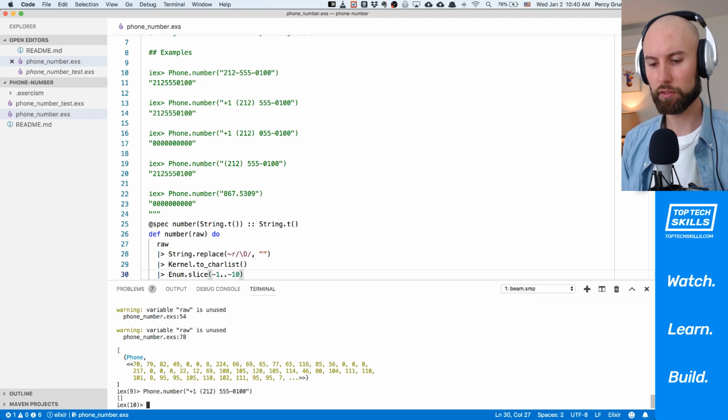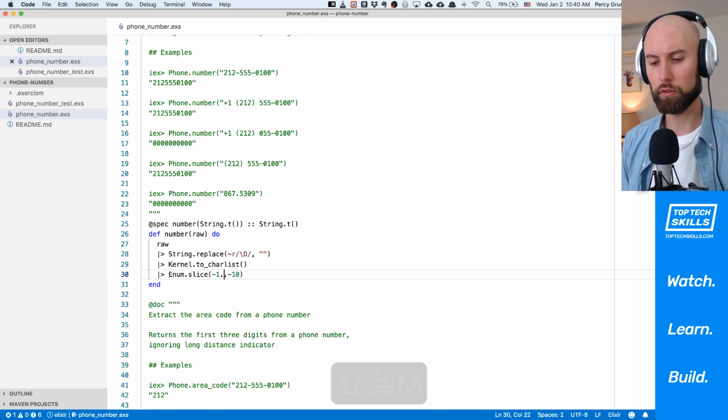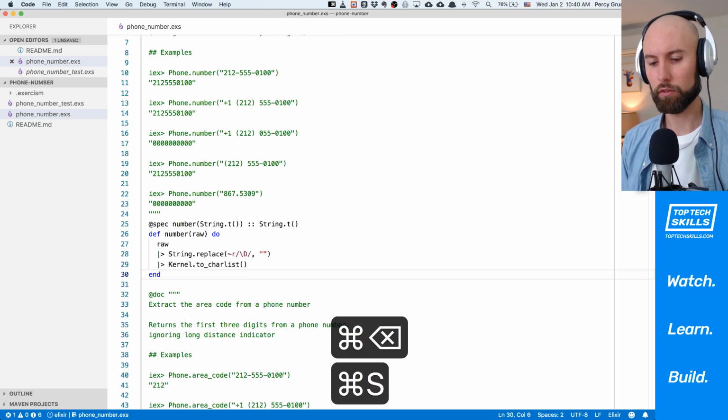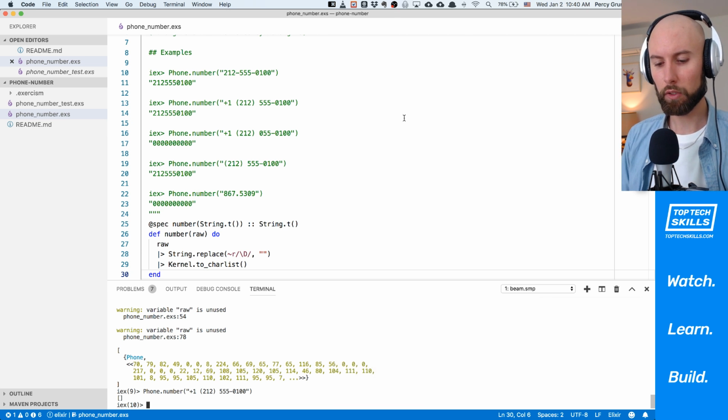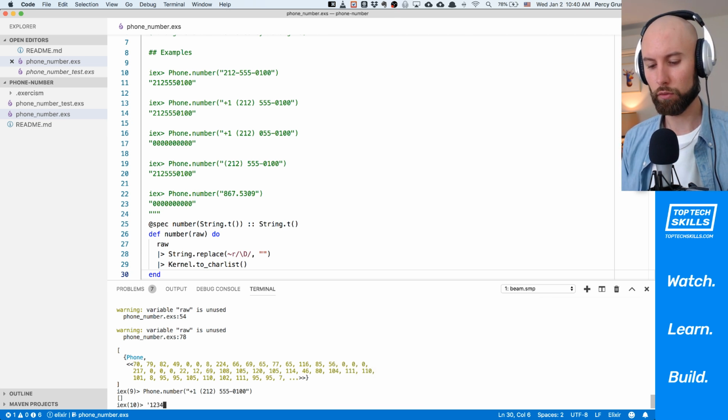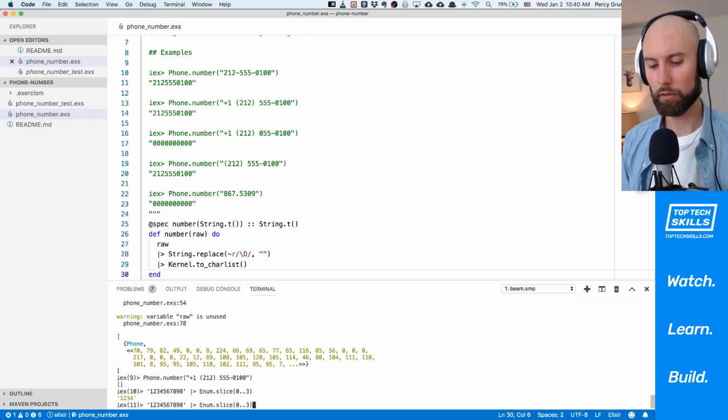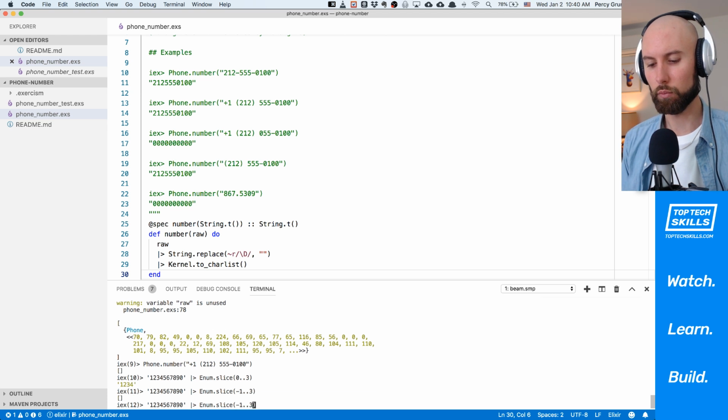Okay, so I have messed up there. So maybe we need to do, let's do this in IEx. So assuming we have 1, 2, 3, 4, 5, 6, 7, 8, 9, 0. If we pass that to Enum.slice, and we do 0..3, what do we get out? Okay, and what about if we do -1..3? So that doesn't work. So maybe we need to do,